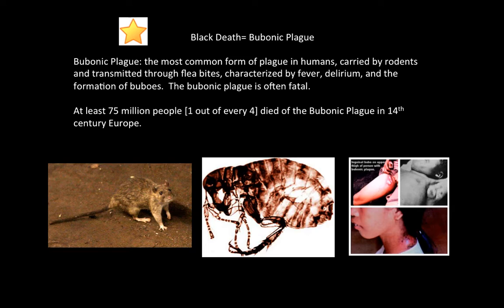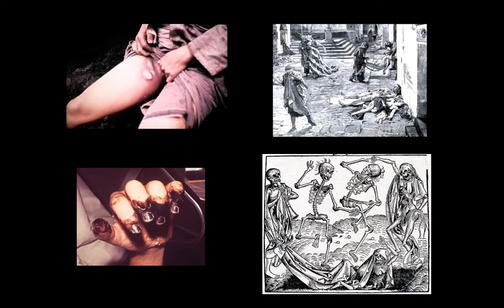That's a very low estimate. Some historians say up to as much as 50% of the population may have died from the plague, so this is an extremely traumatic event. People didn't know how to cure the plague or even where it came from necessarily. You'll often hear it referred to as the Black Death because this blackening of external limbs is one of the effects of the plague in some people. People would often contract it and then die within 2, 3, or 4 days.